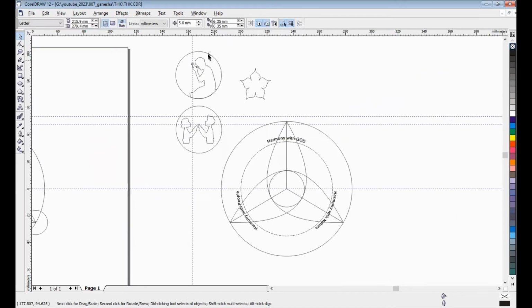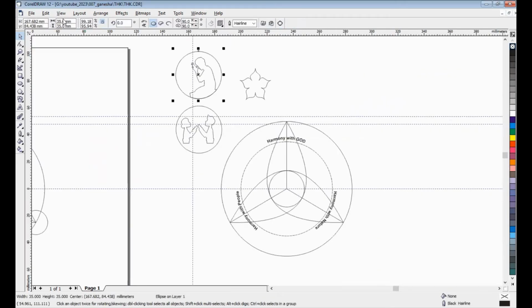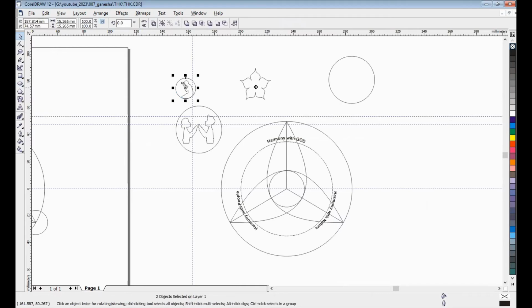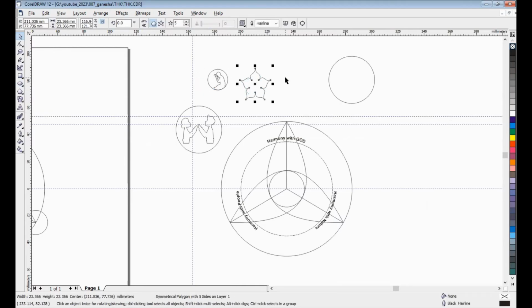Maybe, as we know, 35 millimeters. Okay, I will write 35, Tab, 35. Okay, that's good. Same. Look at this. Okay, that's it. Control C, Control V once, Control C, Control V this once.